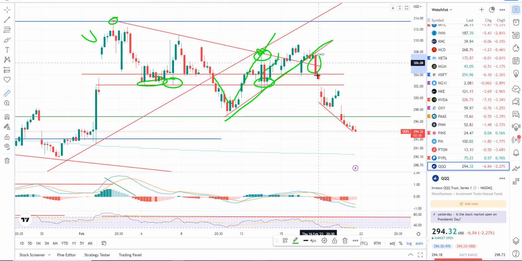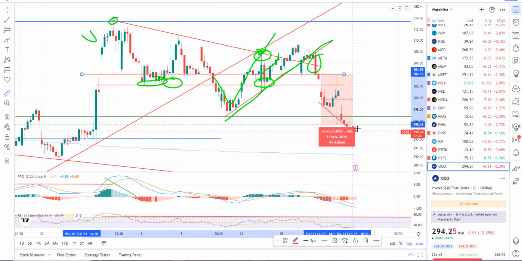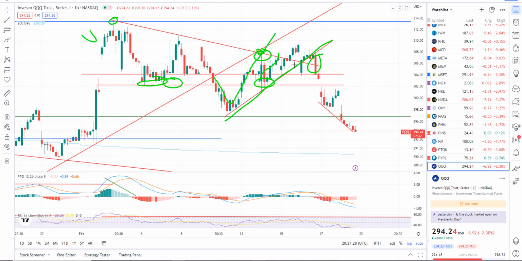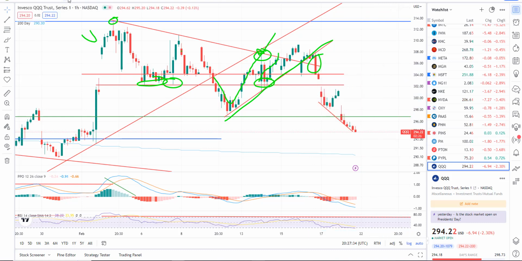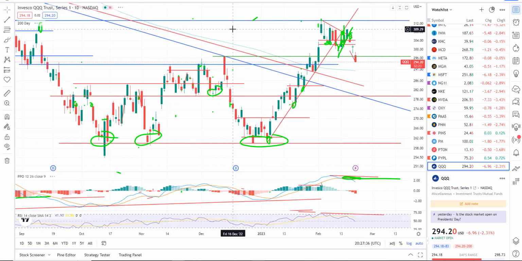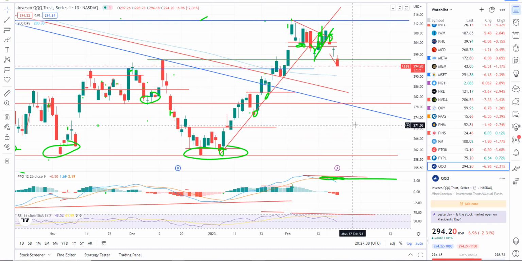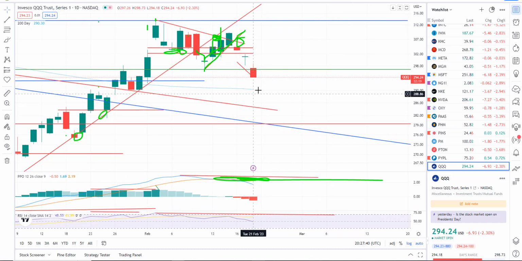So that's essentially your sell signal. You had a sell signal here as well. But we're down 3%, nothing huge from the bottom of that candle. At the very top of the candle, maybe down about 4%. I think we've got a little more to go to the downside before we start kind of battling it out again between the bulls. The 200 SMA on triple Qs is right down here at about 290.